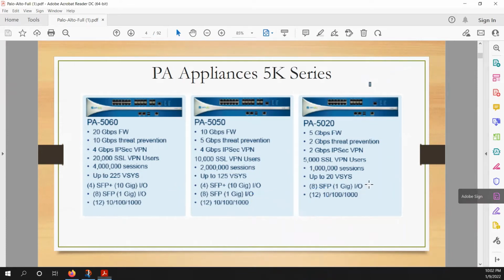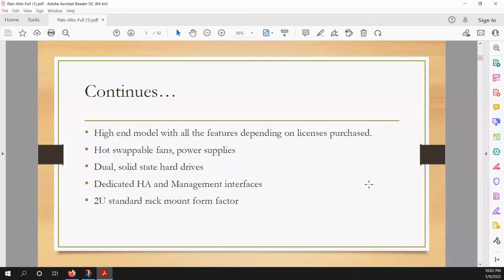Now let's go to the next and talk about some features. Even though your firewall is supporting a lot of features, let's say you purchase the 50, 60 series of the firewall, which is a high-end model, its features would only work if you enable the license. So licensing is another thing. If you enable the license, then those features are working. If you don't enable the license, those features would not work. So license is a dependency.